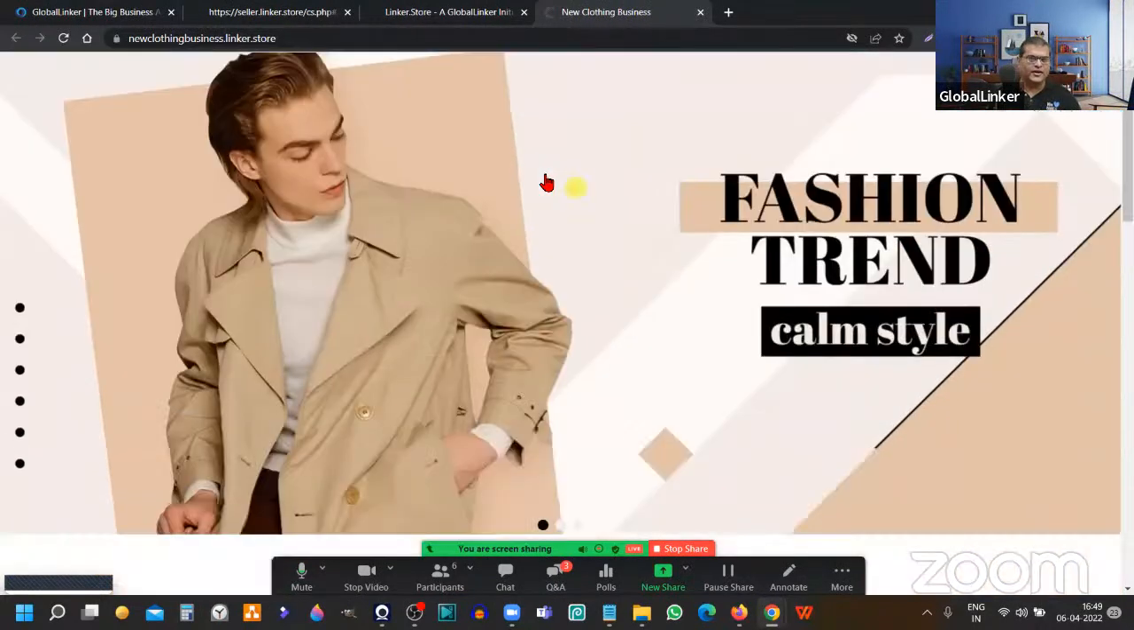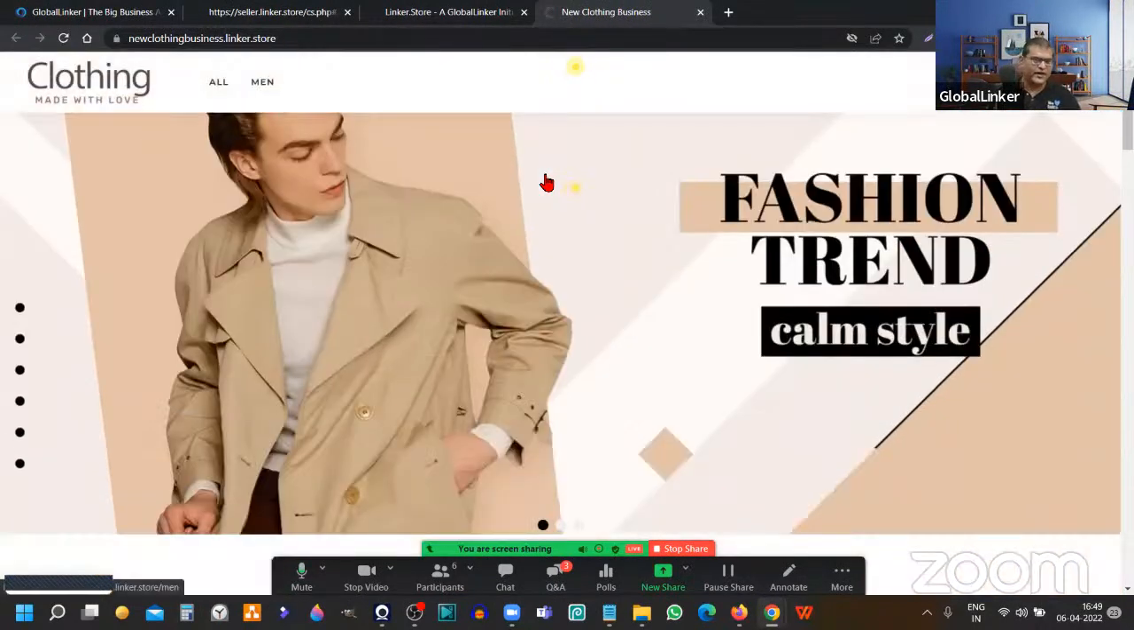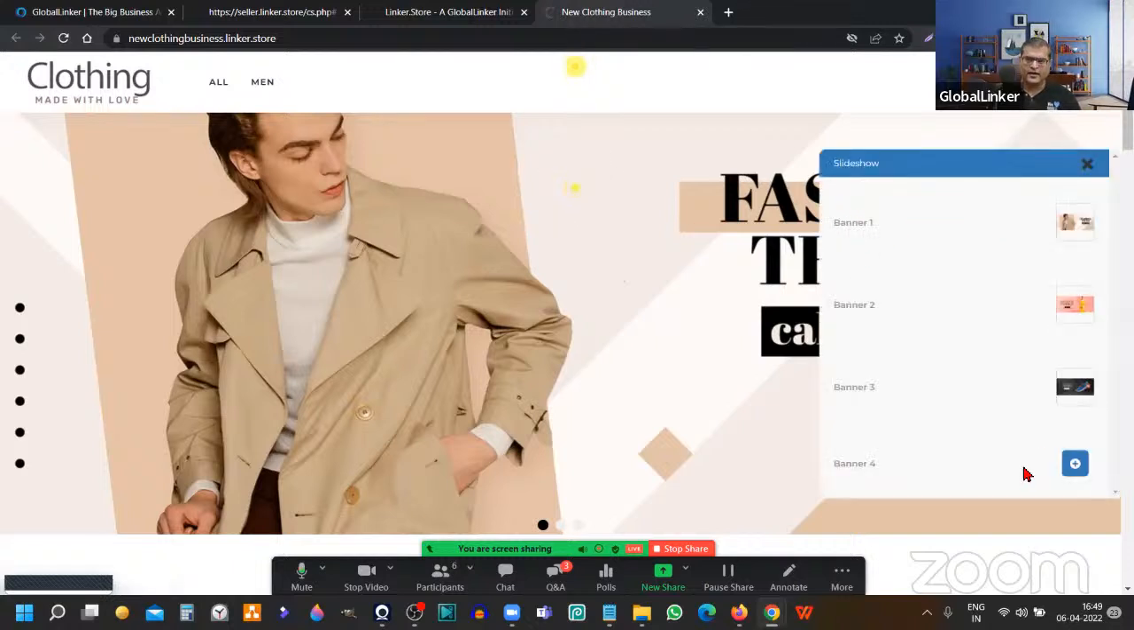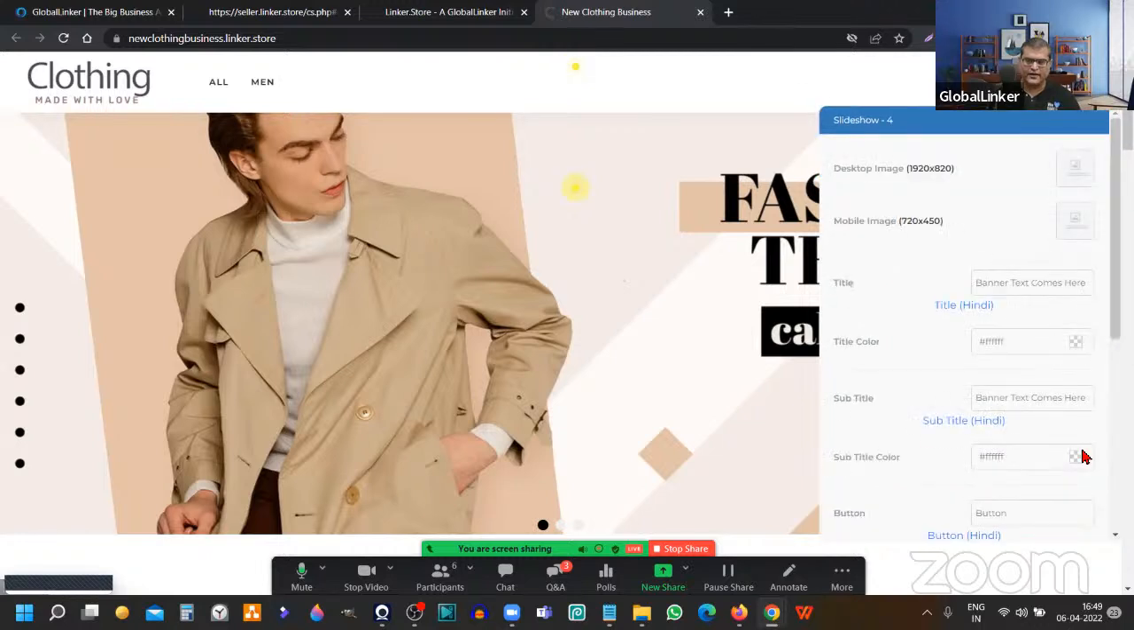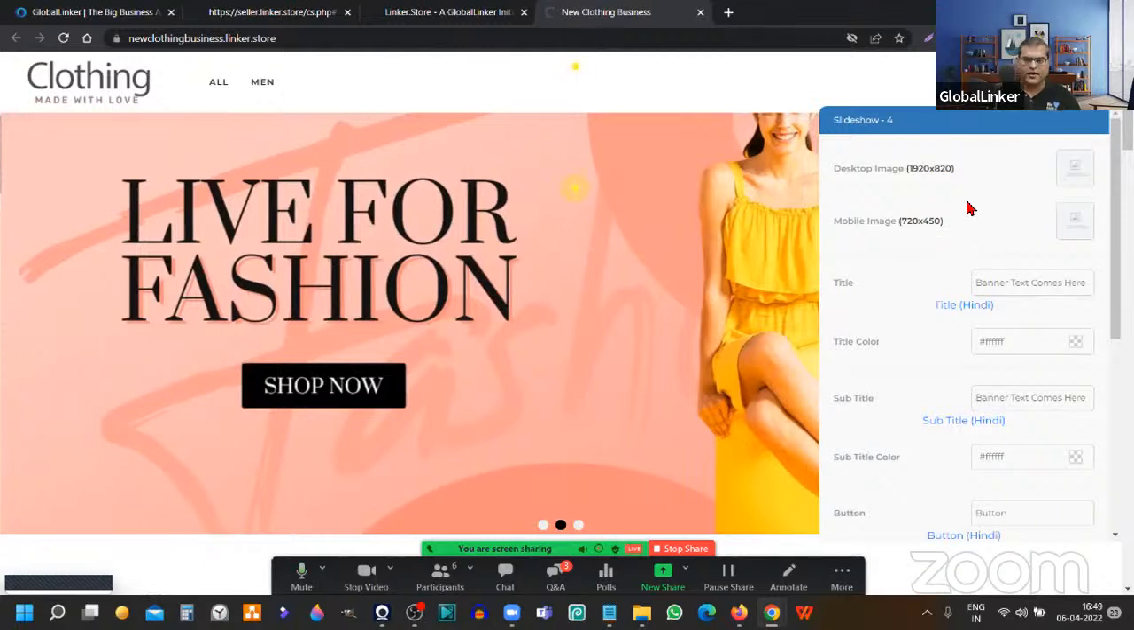Now here, the first thing that you have to understand when it comes to creating banners is what the dimensions of the banner are. To know that, you have to click on this yellow dot that you're seeing here. Just click on that, and then click on this plus icon, and you'll see the dimensions listed here. For the desktop banner, it is 1920 by 820, and for the mobile banner, it is 720 by 450 pixels. So there are different banners which are used, and a lot of members also ask me this question: